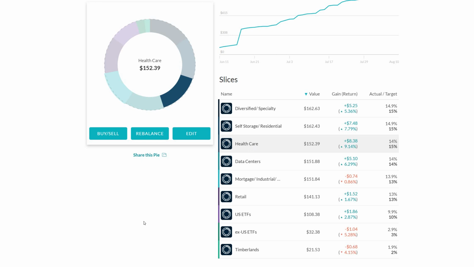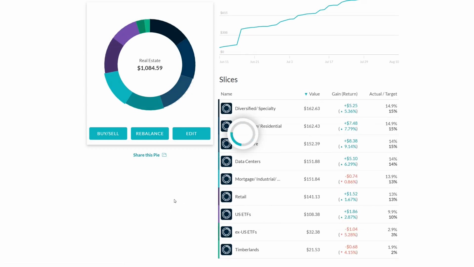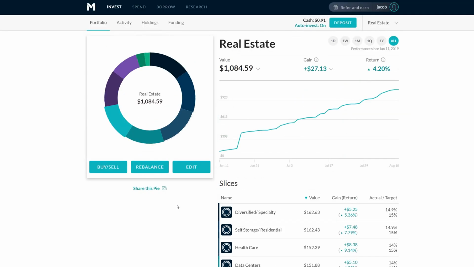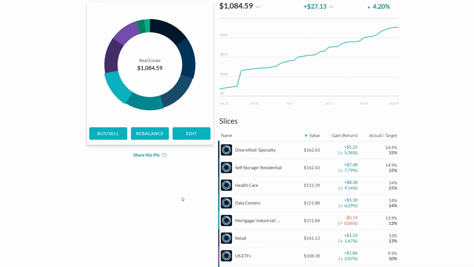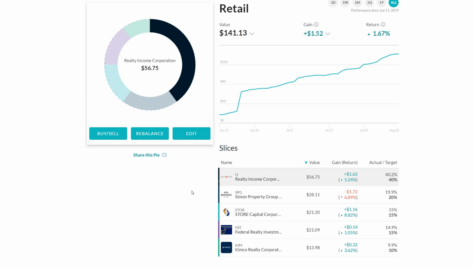Next is healthcare. Let's take a look at this. These are the holdings, or the slices, that I have in healthcare. Big fan of ETR, a very well diversified real estate investment trust. LTC. A lot of dividend investors love investing in REITs, myself included, because you're also getting a lot of your dividends paid out monthly. I think that's why a lot of people absolutely love Realty Income, because I think the slogan is even the monthly dividend company, they're paying it out monthly. So huge fan of Realty Income.